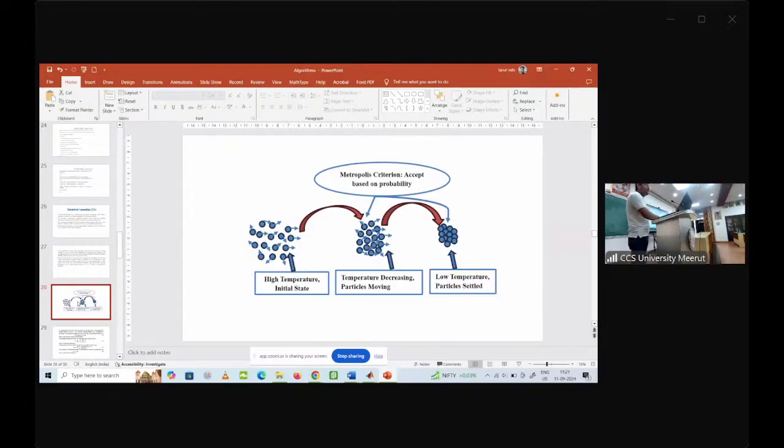कि जब हाई टेम्परेचर है, इनिशियल स्टेट है, पार्टिकल्स हैं, हाई टेम्परेचर, जैसे ही टेम्परेचर डिक्रीज होना शुरू हुआ तो पार्टिकल्स ने क्या किया, मूव कर रहे हैं अभी धीरे धीरे, और जैसे ही लो टेम्परेचर होगा पार्टिकल सेटल्ड हो जाएंगे।